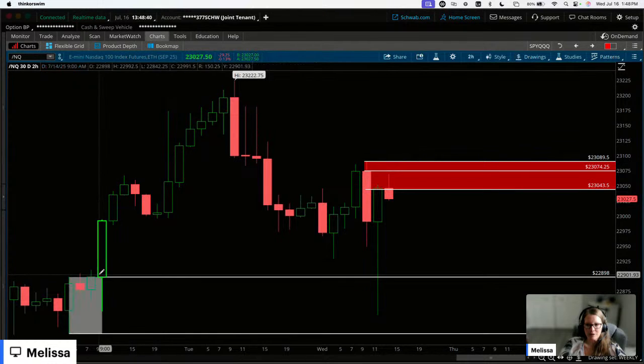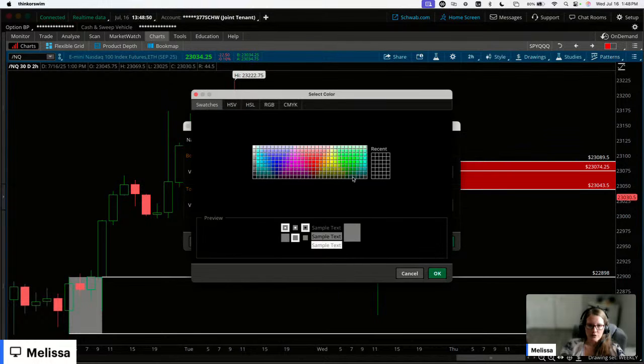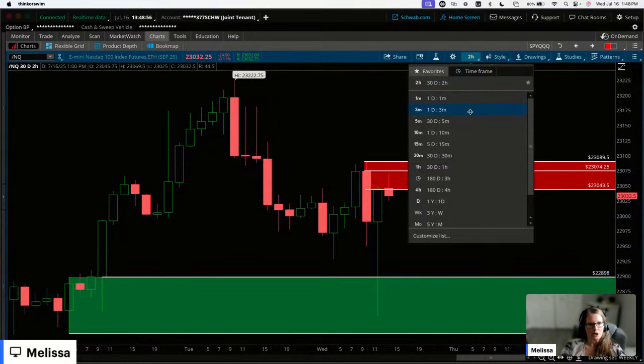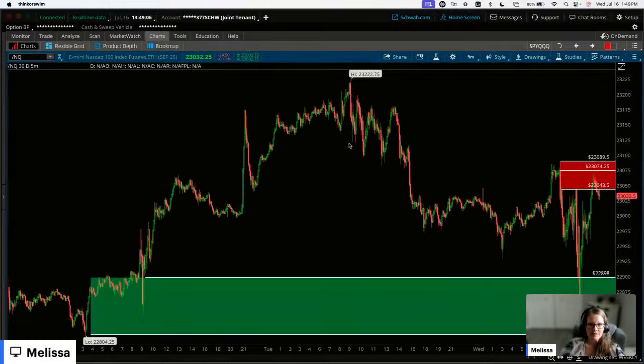And the trendy room was able to take advantage of this buy zone this morning. So great job to the traders in the trendy room that was able to catch that buy the dip opportunity. Now I'm going to go back to that 5-minute chart and we're going to look at and talk about how I would plan trades based on these two